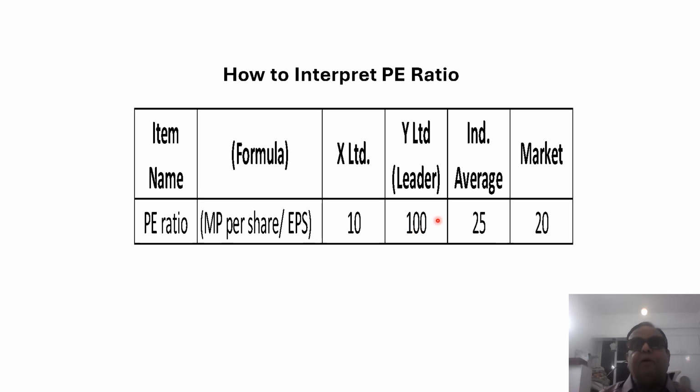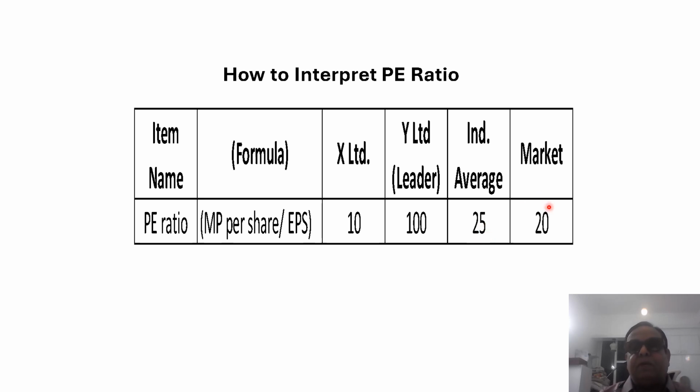Like for example, Apple, if you look at it, the P/E ratio would be more than 150 or something like that, very high. Industry average is the most conservative, because you understand, here there are maybe 200, 300 companies when I'm talking about the industry, and then the P/E ratio average has been taken out, and when it is 25, you can say it's very conservative.